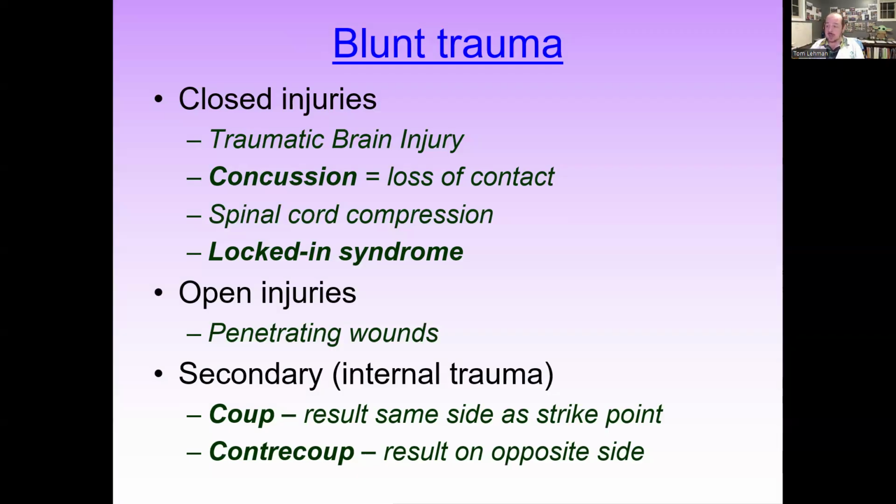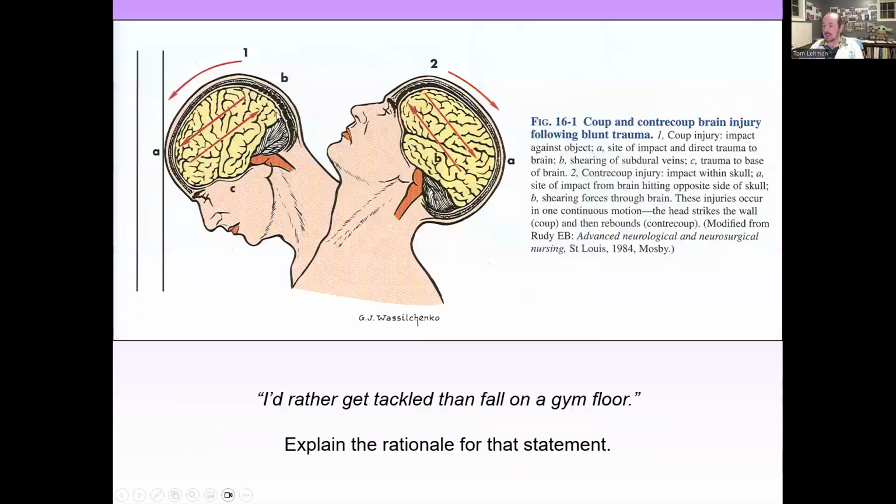And we talked about this back in trauma lecture. Remember that your brain is floating in a pool of CSF, and if you get rear-ended in a car and your forehead hits the dash, when your skull hits, if your brain hits the front and you have damage to that part of the brain that correlates to the impact site, that'd be considered a coup injury. But if your brain bounces off the inside of the skull and damages the back, you could have vision issues. That would be a contra coup.